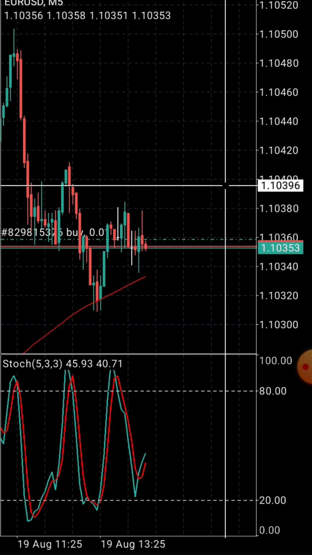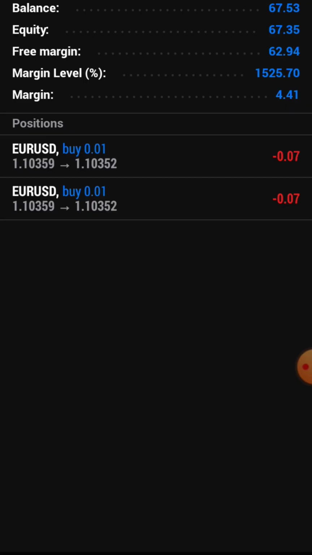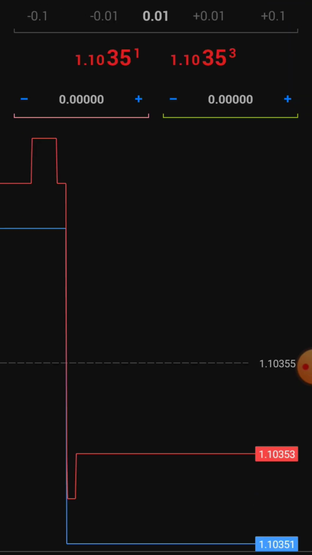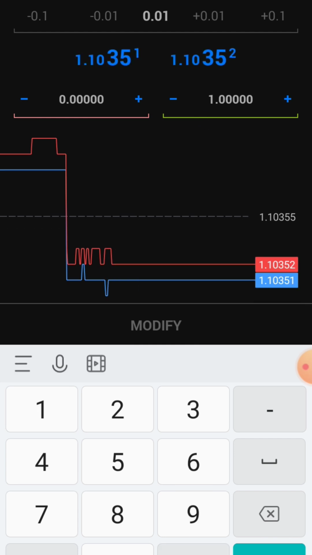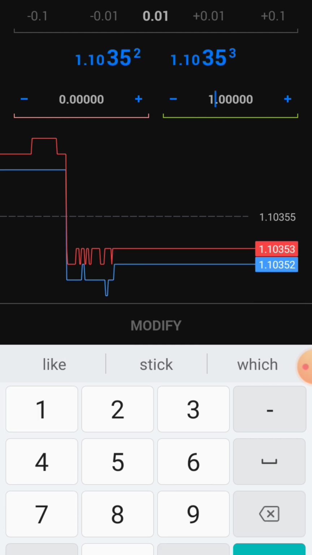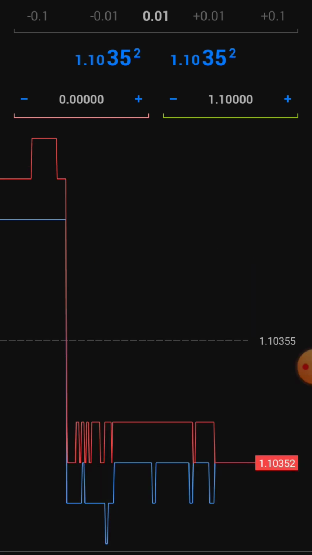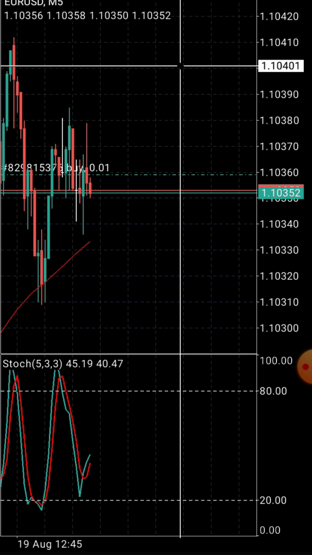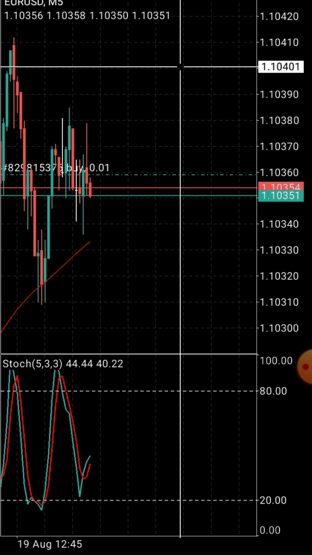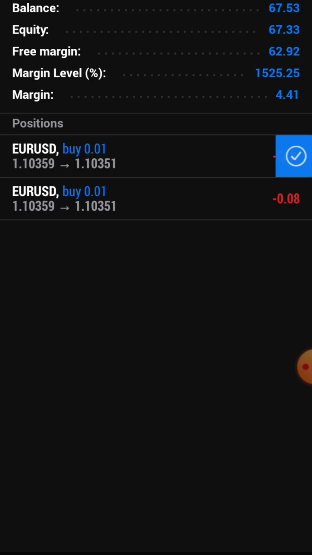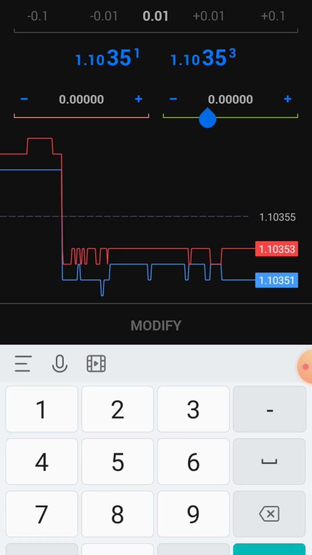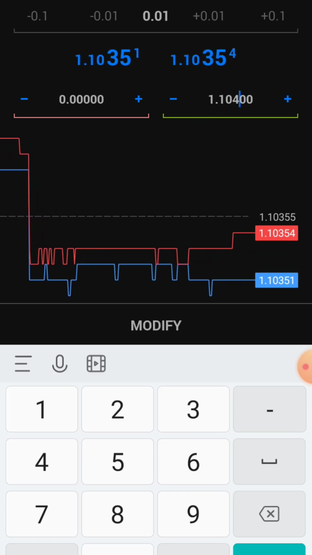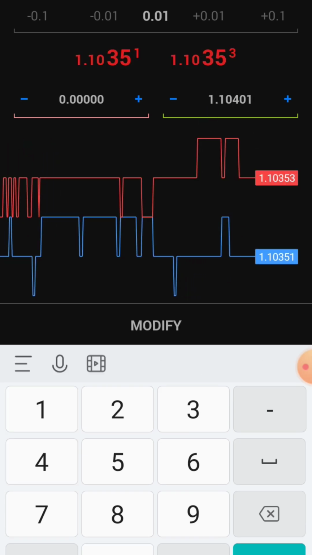Suppose I want to apply TP here, 1.10401.